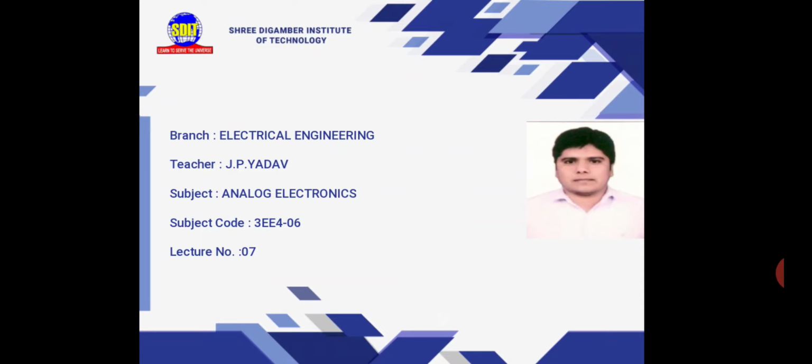When, in a positive clipper, a diode is biased with a battery, it is called a positive biased clipper. When the diode is in series with the input, it is called a series clipper. When the diode is connected in parallel with the input, it is called a parallel clipper. We studied these circuits in previous sections. Today we will discuss the clamper circuit.